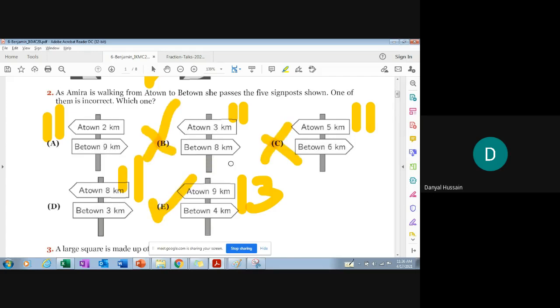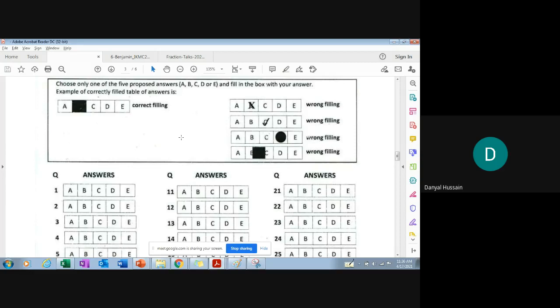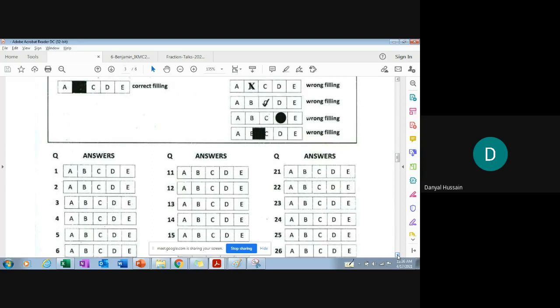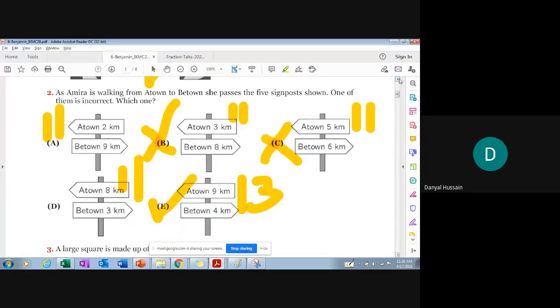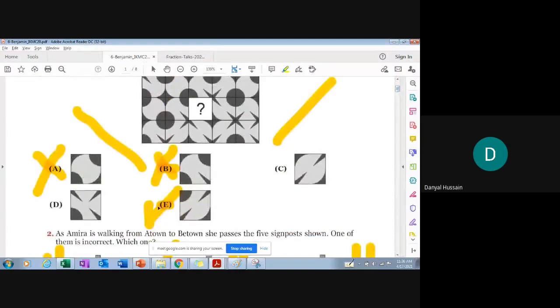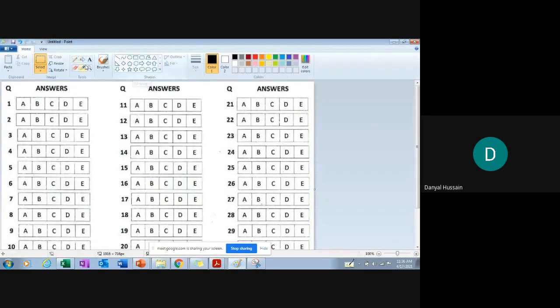I can do anything on the booklet, but while filling the answer sheet, I cannot do any extra thing. I cannot write anything extra on the answer sheet. So while filling the answer sheet, for example, in question number 1, if option E is correct, I have to fill that option E properly. I have to be very careful. I have to solve it, I have to select it, and I have to fill it with color.